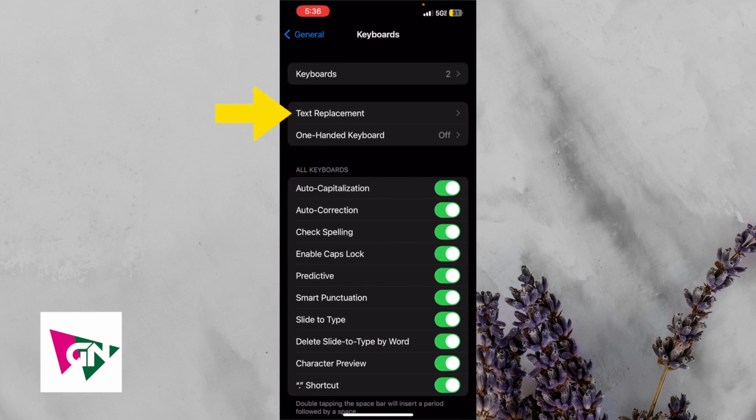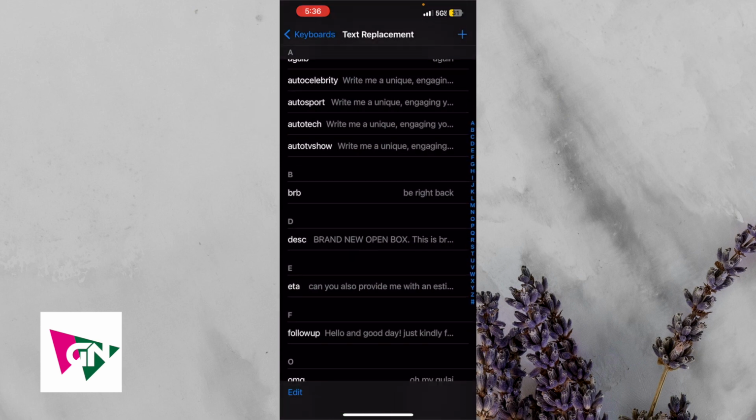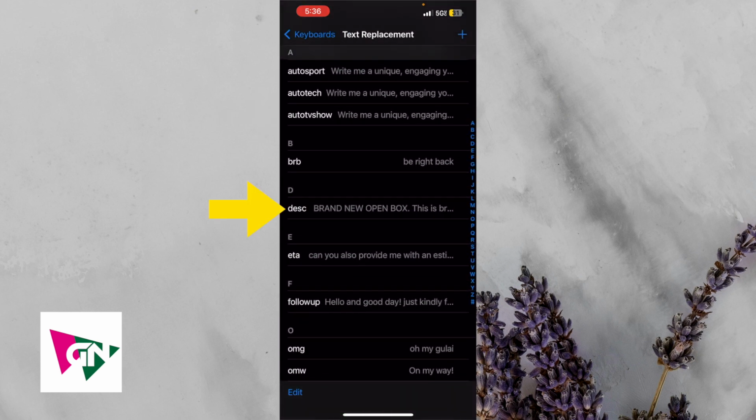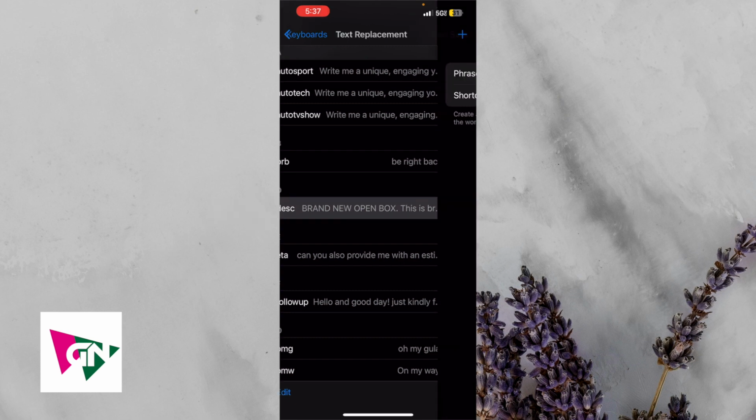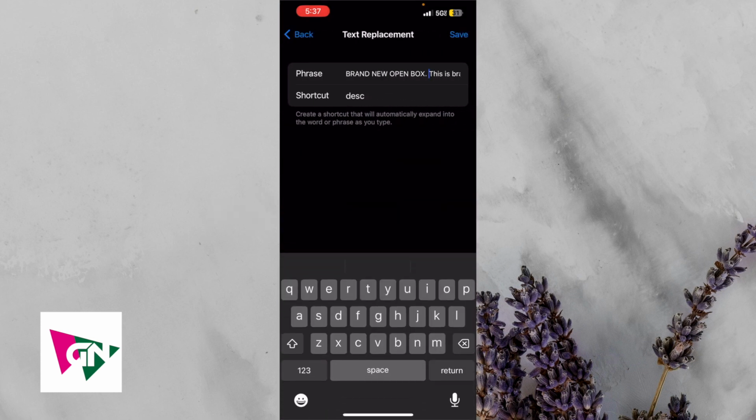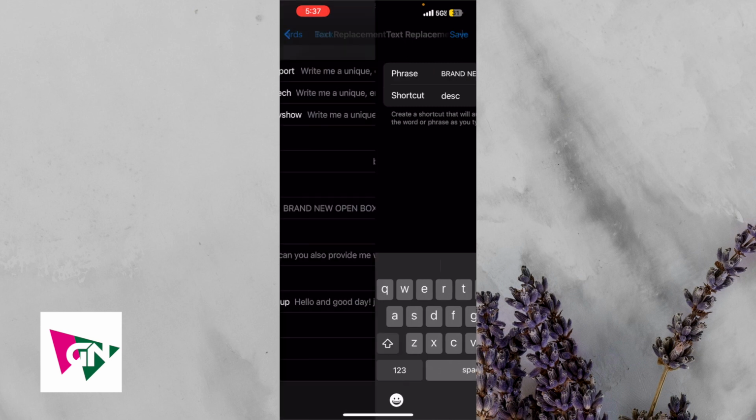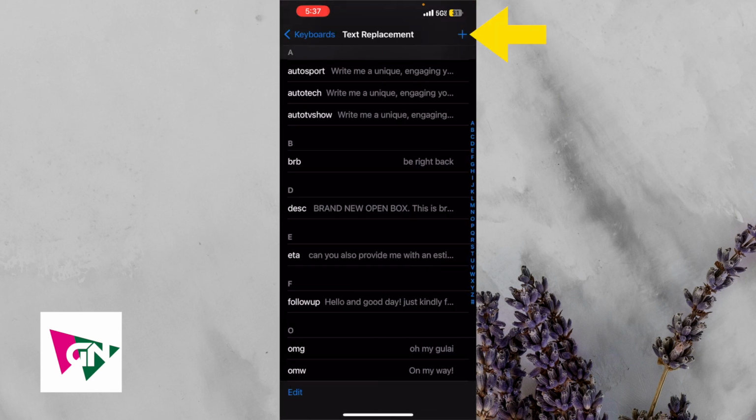click on Text Replacement. Under the letter D, where it says DESC, this is my description for all Offerup listings. And so when I type in the letters DESC, this is the text that auto-populates, which is basically the description for my Offerup listings. Now, what you can do here is click on the plus icon on